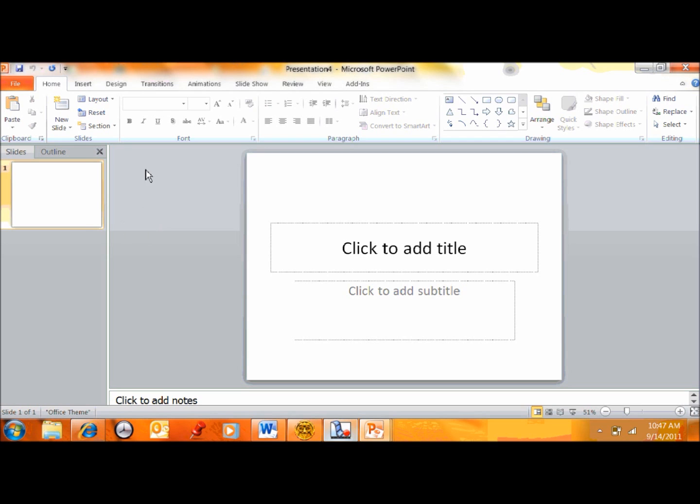The first thing that we're going to do is we're going to actually go to our design because we have to put our back